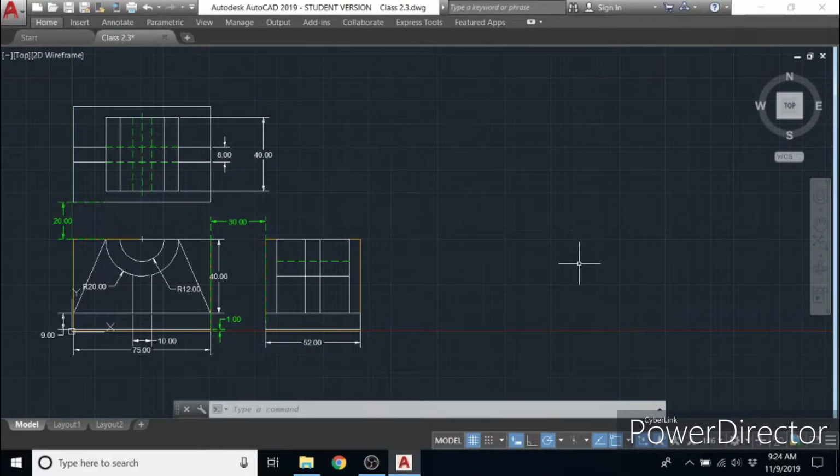Hello guys, today I'll be showing you how to make a simple 2D drawing in AutoCAD. In this 2D drawing there's a part that has a front view, top view, and right view, and I'll be showing you how to make this and how to use different lines. I'm going to be covering simple lines, arcs, the trim feature, also offset,